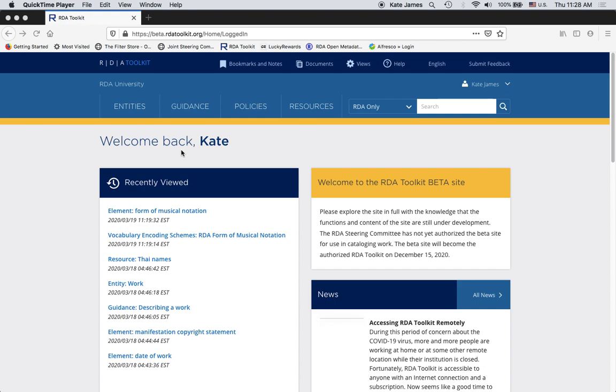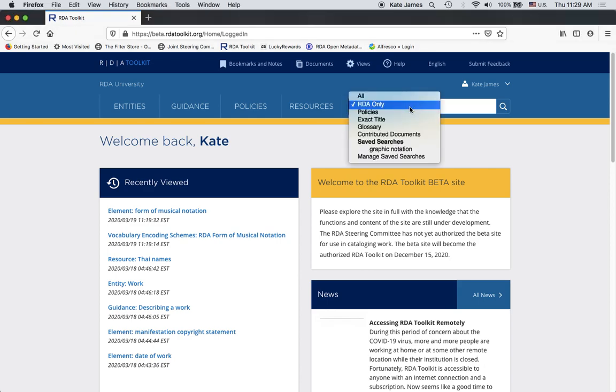So, in order to do saved searches, you need to be logged into your user profile. This means that if you're at an institution where you're IP authenticated, you need to make sure that you log in and you see your name up here instead of just profile, so you know that you are indeed logged into your user profile. Saved searches are available from this drop-down list of search types. I double click on this arrow, and as you can see here, I have a saved search. It's called graphic notation. In order to run this search, I'll just click on it